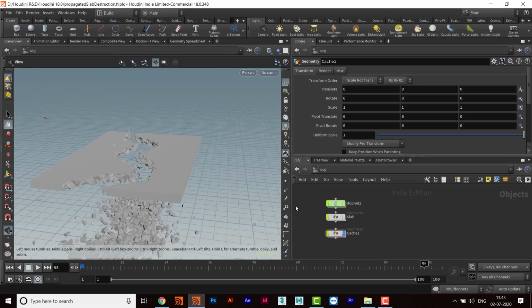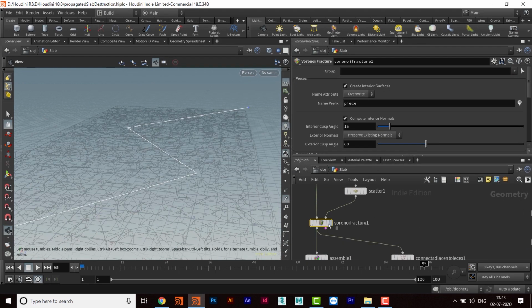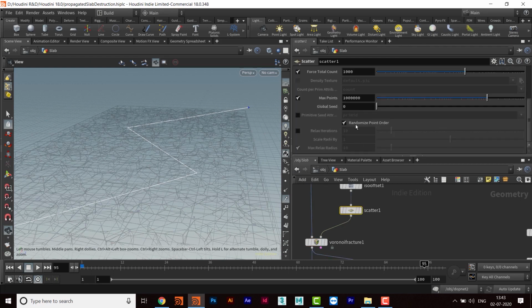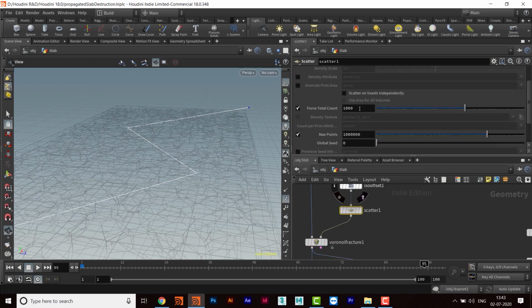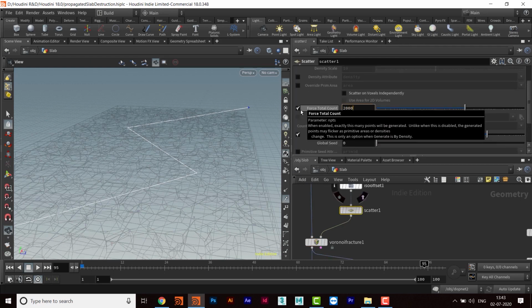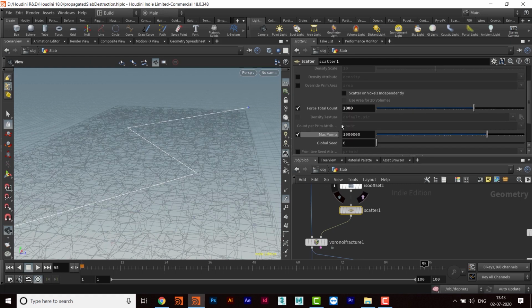What we can do, we can go back in the slab, and then we can increase the number of scatter points here, and then we'll make it 2000, so that we can have more chunks, or maybe 3000.